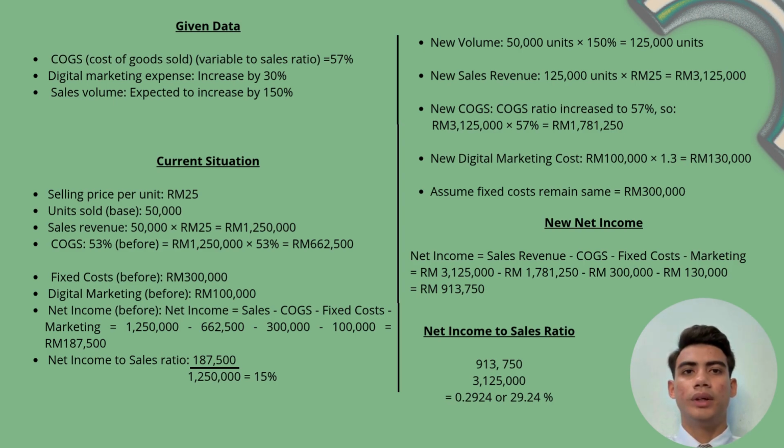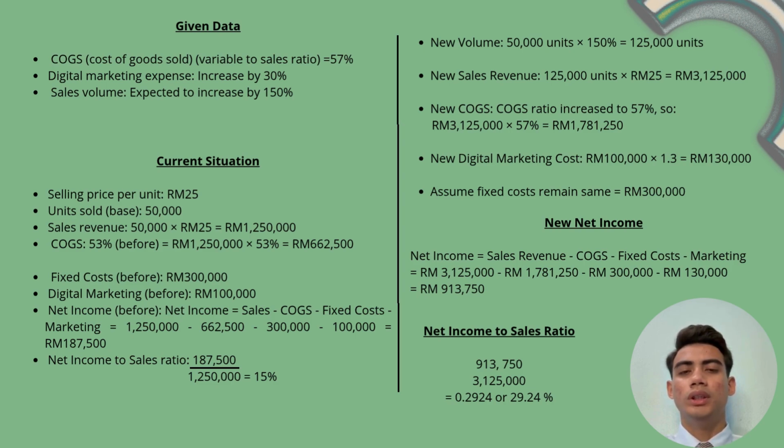Now I will explain the comparison between our current situation and what we expect to happen after growth. Current situation is our selling price is RM 25 per unit. We are selling 15,000 units, so our sale revenue is 1,250,000. The cost of goods sold is 53%, which equals RM 662,500. Fixed costs are 300,000. Digital marketing costs 100,000. After we minus all the costs, the net income we get is RM